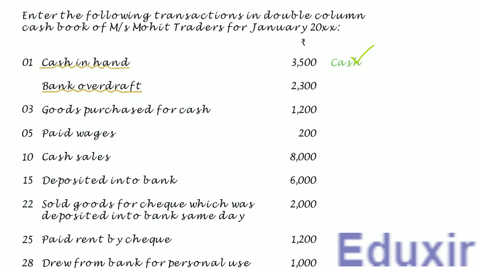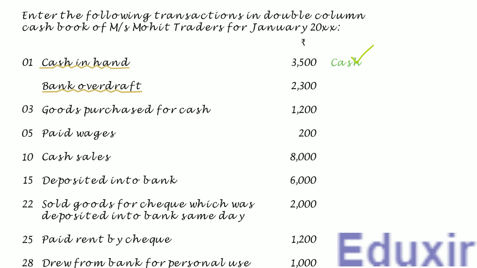When a business maintains a current account in the bank, the bank allows them to use more than the amount they have in the bank. In other words, even if there is zero balance in the bank, the business can issue a check for 2300 rupees. The bank will pay this amount, but this amount should be paid by the business to the bank later on. Such amounts are called overdrafts. Overdraft is a liability of the business to the bank.